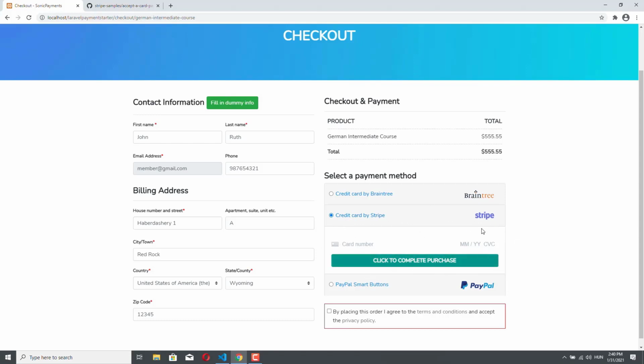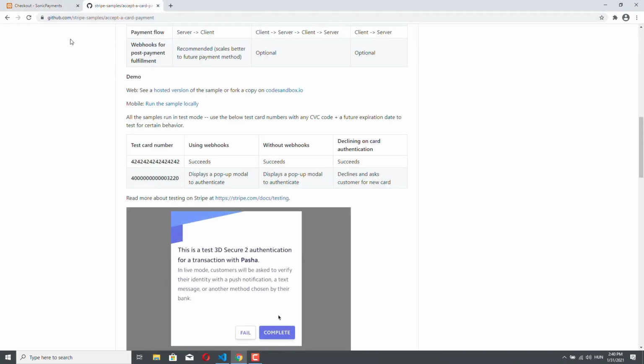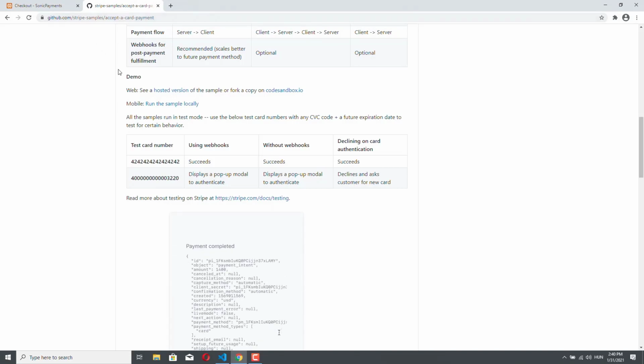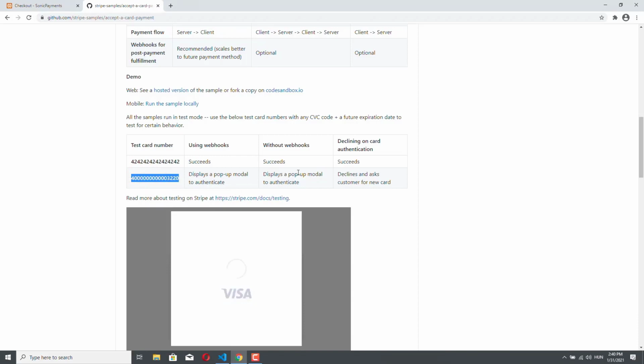And in order to get the necessary data for it, so the necessary test card number, I have to navigate to this URL. So this is an official Stripe GitHub repository. Later on in the course, we will come back to this repository. However, now what is important is that we have this test card number here, and I can just copy this. And this